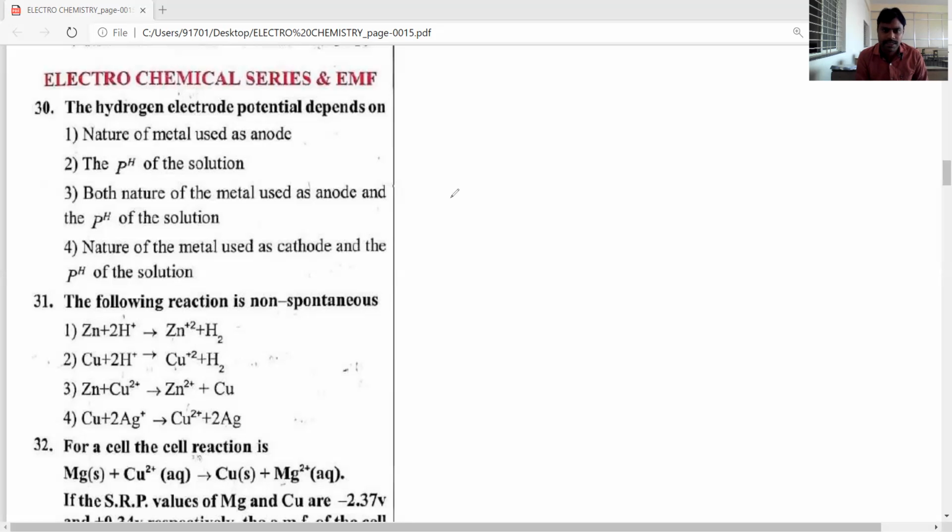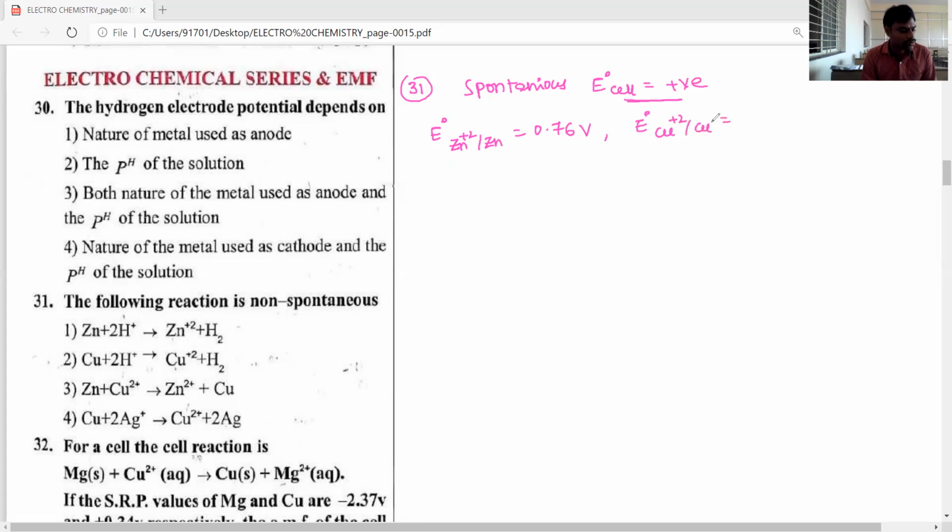Okay, let's see the 31st question. Among the following reactions, which is spontaneous? Spontaneous reactions. Spontaneous means E cell or E0 cell is equal to positive. Then only the reaction is spontaneous. Okay. Now let's see the standard reduction potential values. E0, the standard reduction potential value of Zn plus 2 by Zn, is equal to minus 0.76 volts. Next, E0 of copper plus 2 by copper is equal to